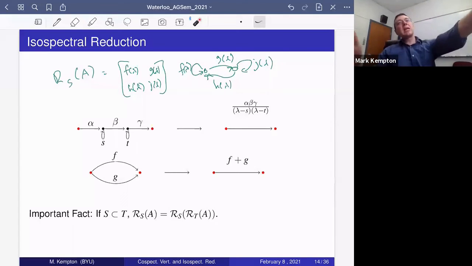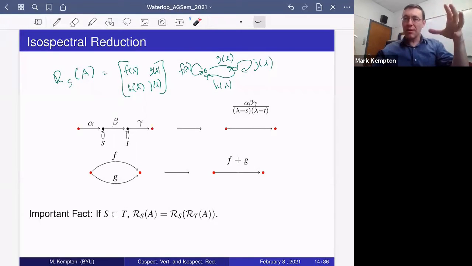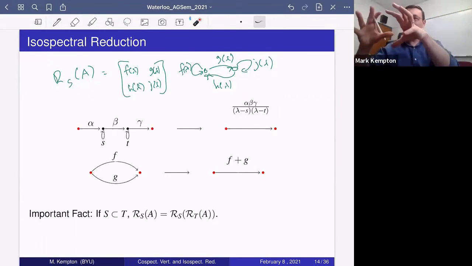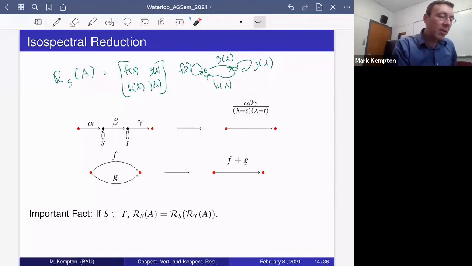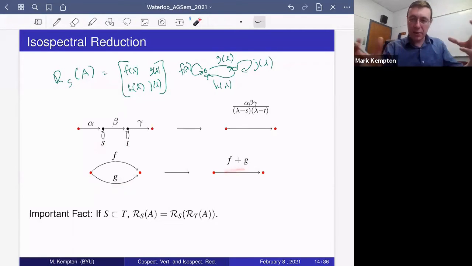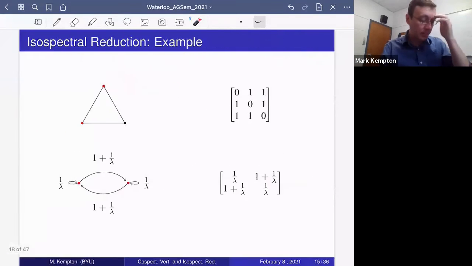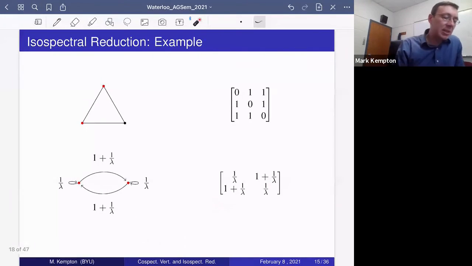So if I have a graph and I want to isospectrally reduce onto some subset, I can take it one vertex at a time. I can reduce down to the subset that has everything other than one vertex, apply these rules in this combinatorial way to get a smaller weighted graph, and keep going till I get down to my subset. Okay, so just as an example,